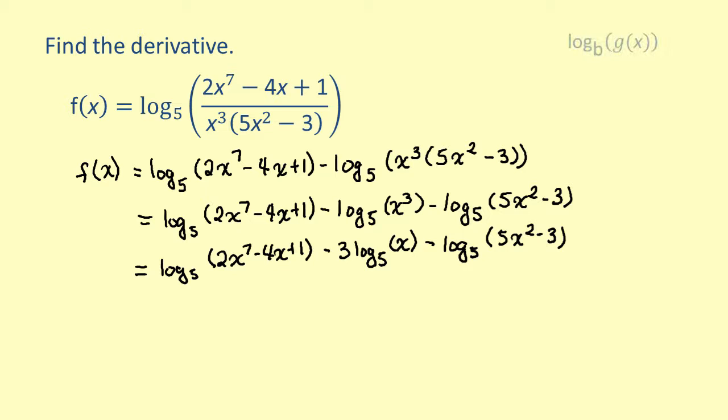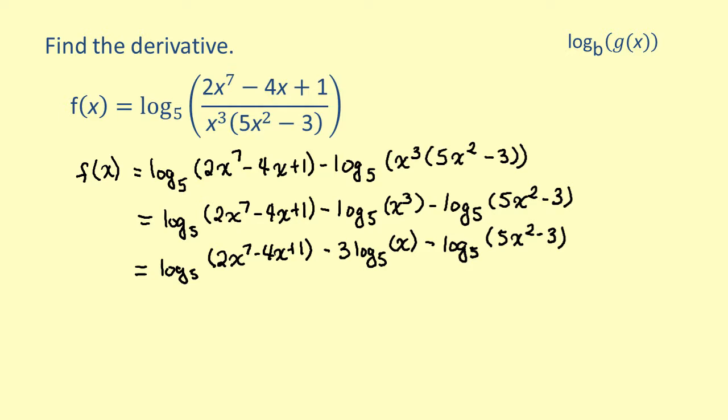Now we have the function in the form log base b of g of x, which means we can now take the derivative of each term to find f prime of x. To take the derivative of a logarithm, we first take the derivative of the argument, which is the value inside the parentheses following the base. We then multiply this derivative by 1 over the argument times 1 over the natural log of the base and